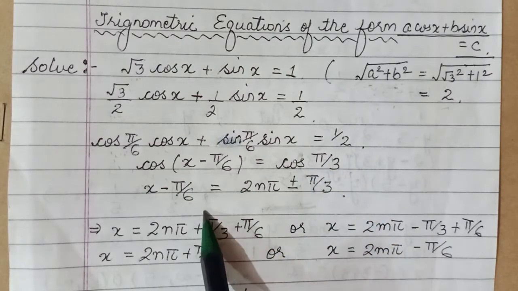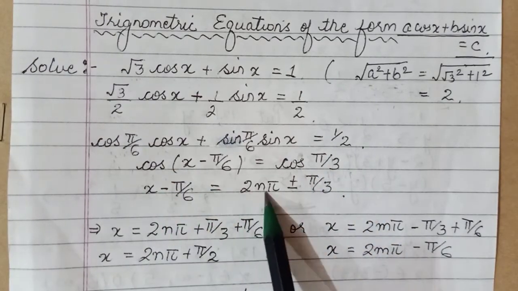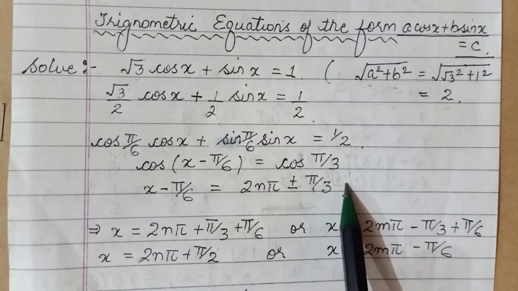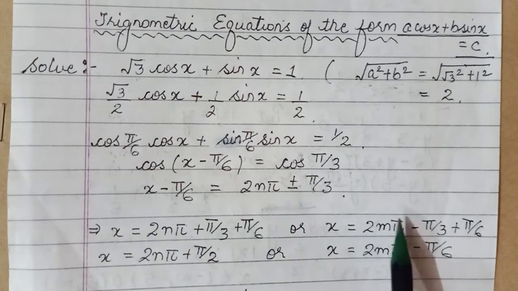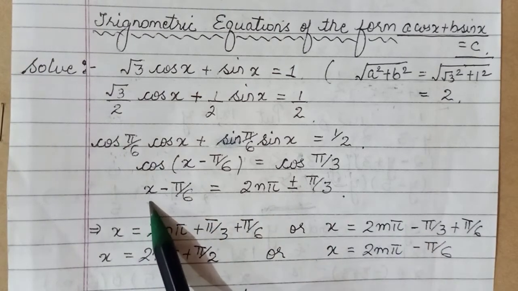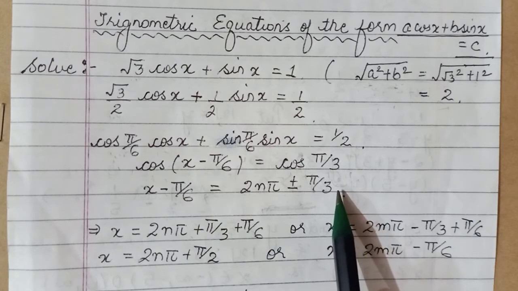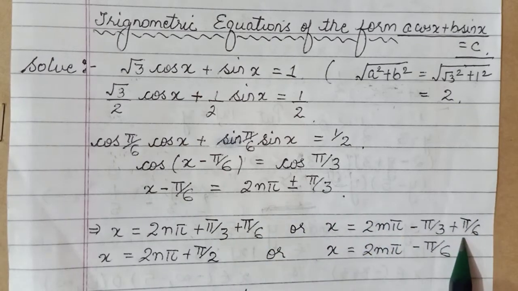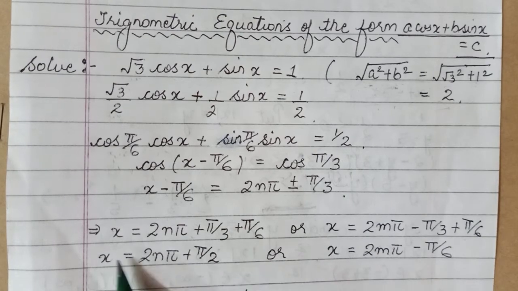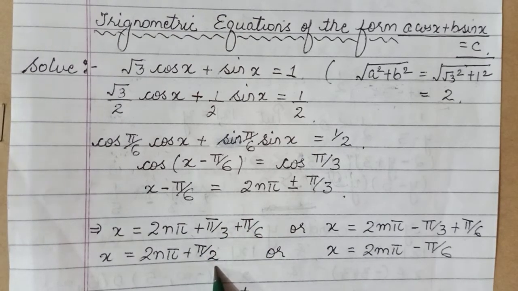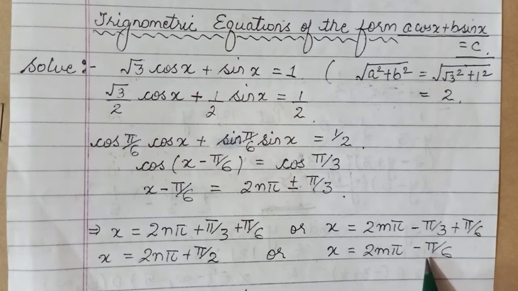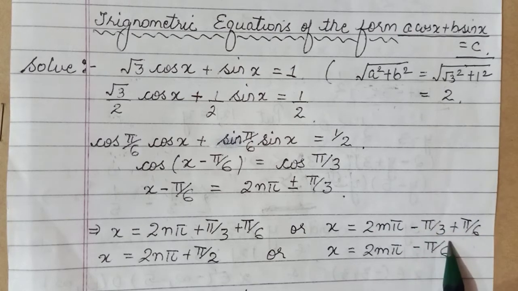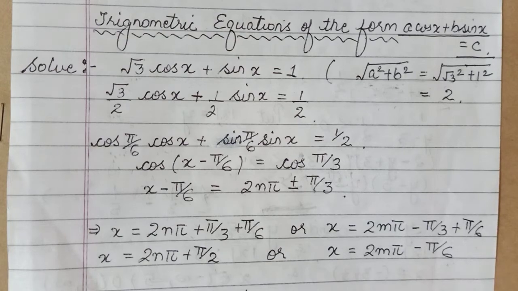So that we can apply the result now, that theta is equal to 2n pi plus minus alpha, where alpha is pi by 3. Now one by one, take one with a positive sign and one with a negative sign here. And obviously evaluate, we had to find x, so bringing minus pi by 6 to the right hand side, it becomes plus pi by 6 in either of the cases. Work it out. Pi by 3 plus pi by 6 becomes pi by 2. So one result, or maybe minus pi by 3 and plus pi by 6 is minus pi by 6. You can take LCM here, solve it. Minus 2 pi plus pi upon 6, which is minus pi by 6. So that is your result.